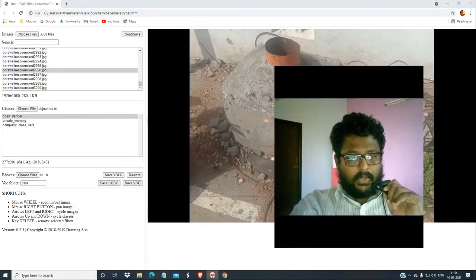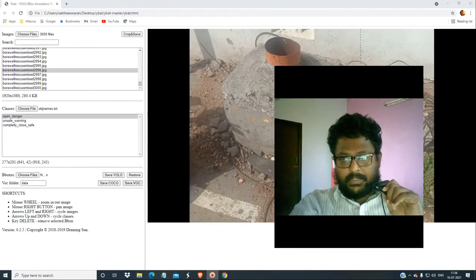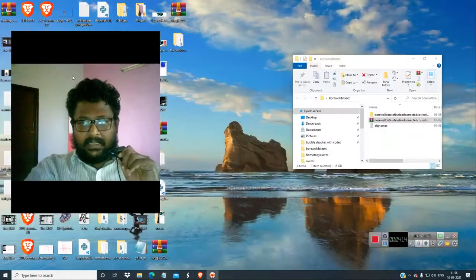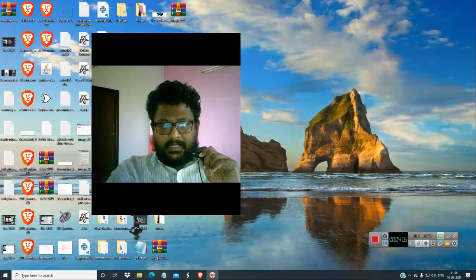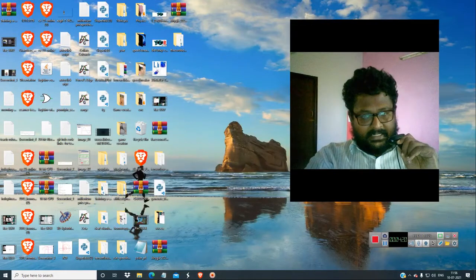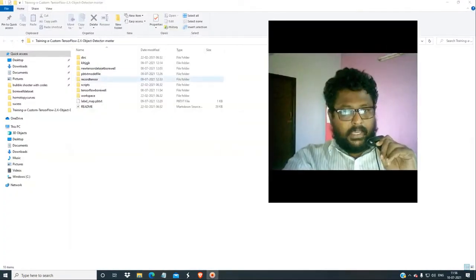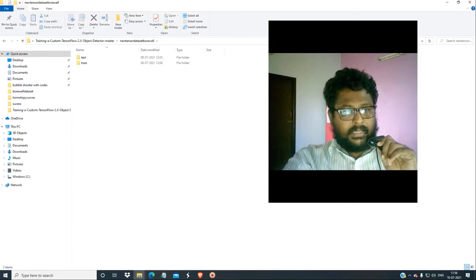After that, you annotate all images and click save YOLO or save YOLO VOC. Even if you do it in YOLO format, you can convert it to VOC. This is how we did the annotation. After the annotation, I have taken that folder over here, not this one.